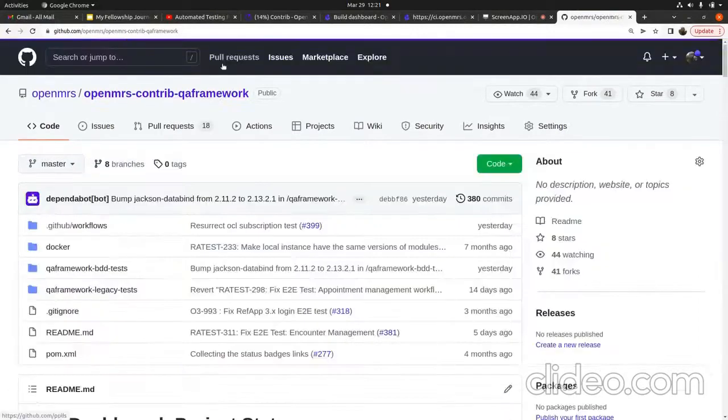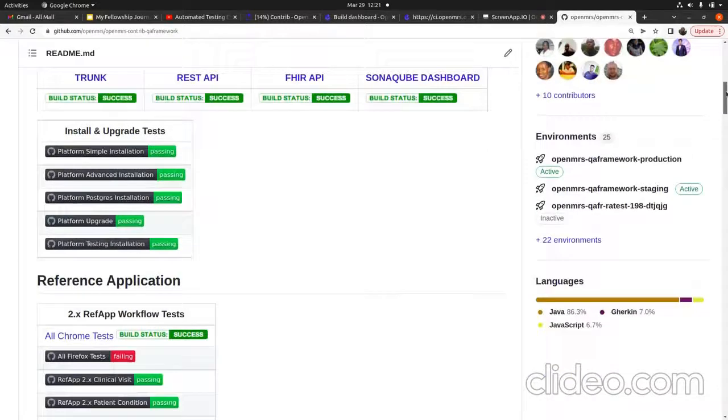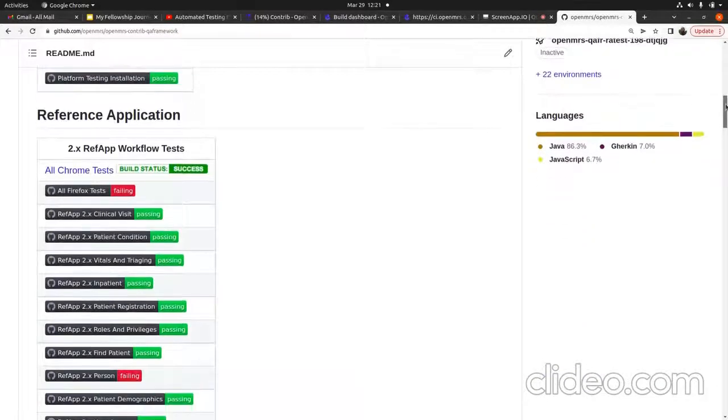So as the test is running, when these tests are run, they provide what we call the report. For you to get the report, for example, if you're running for the inpatient, you just come to the dashboard here, and you click on the test badge here. When you click on it,